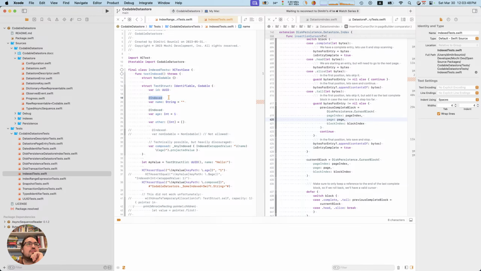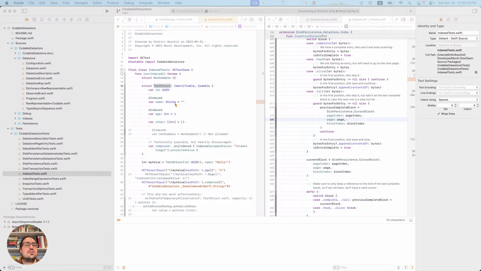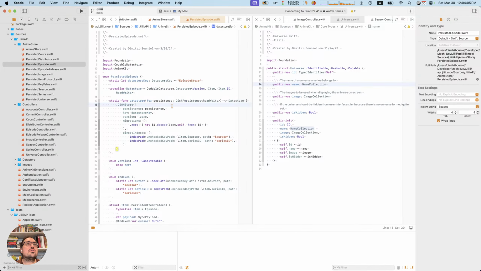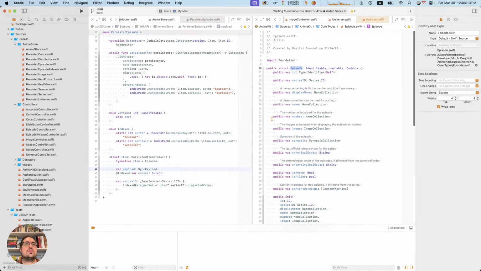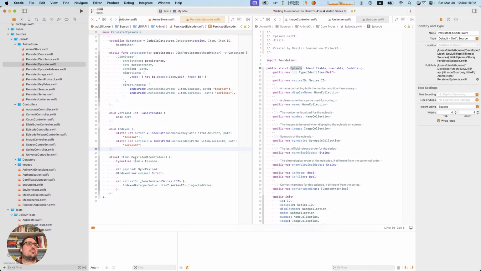So I'm marking indexes with these property wrappers, but that means I can't use a struct for anything else, which is kind of impractical. That said, even in the app itself, I have a struct called episode, and I share this with the app. This is the backend. The backend needs to save it to a database type thing, and I don't want the backend or the app to need to deal with the database stuff. Those are two separate things.